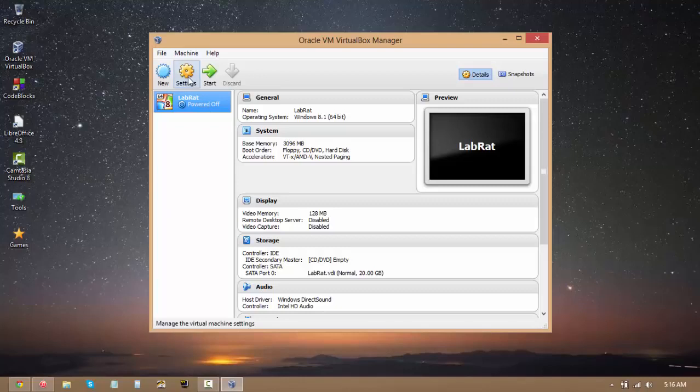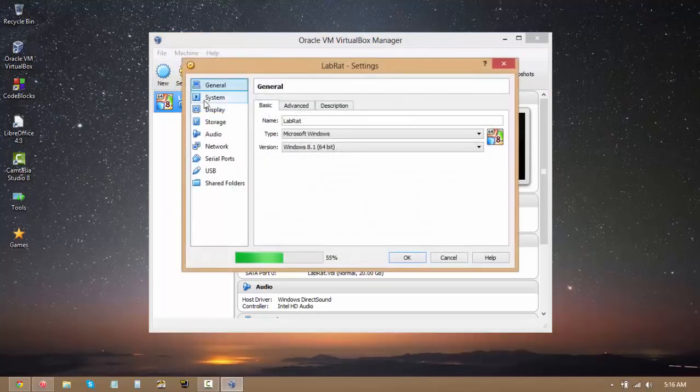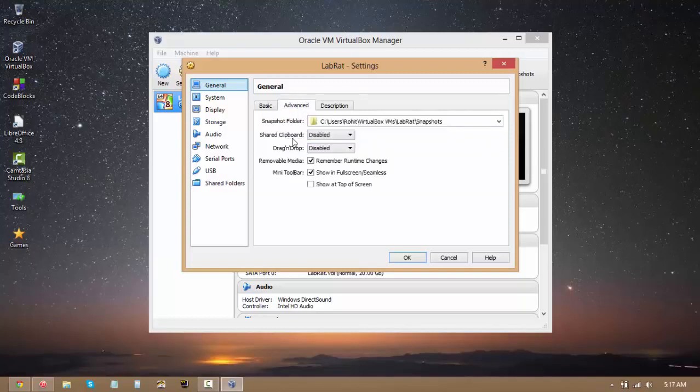But now I'll go into settings and choose exactly what kind of virtual machine I want. So as you can see, we've got our name here, our operating system, and version. Under the Advanced tab, now here's something really nice. We've got Shared Clipboard and Drag and Drop. What these things do is if you select Shared Clipboard and drag and drop,